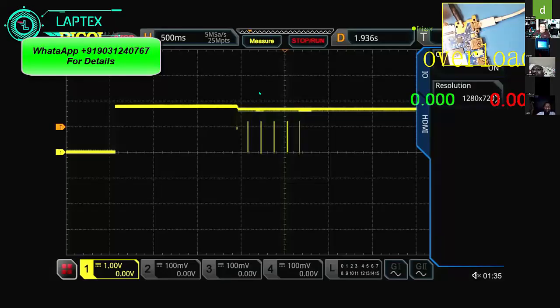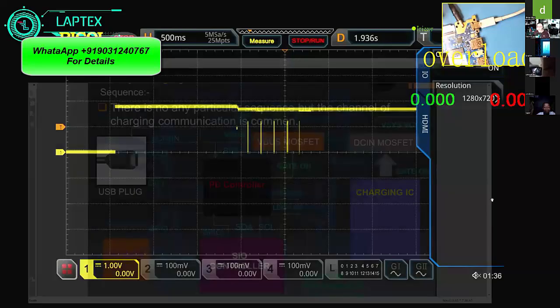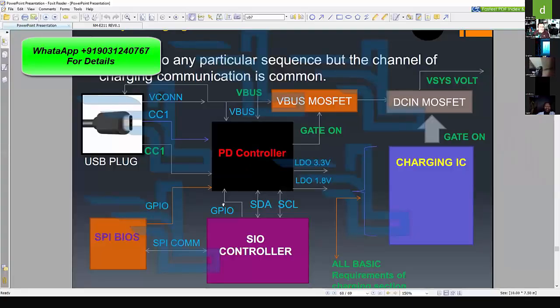Now, see on the screen, Dildar sir was telling you that this communication will take place then only. Look, this communication establishment will take a few moments. That is why it takes a few moments to reach from 5 volt to 20 volt. And this communication will only take place when your GPIO communication is established with the help of what you are seeing on the screen, the SPI communication or EEPROM communication.